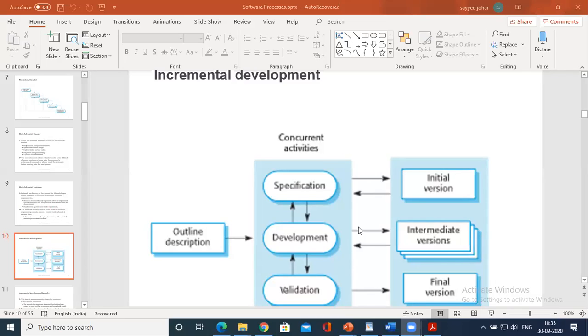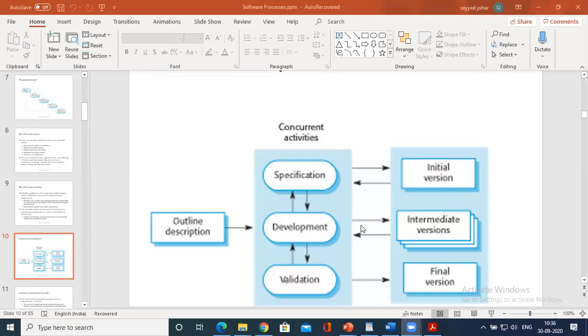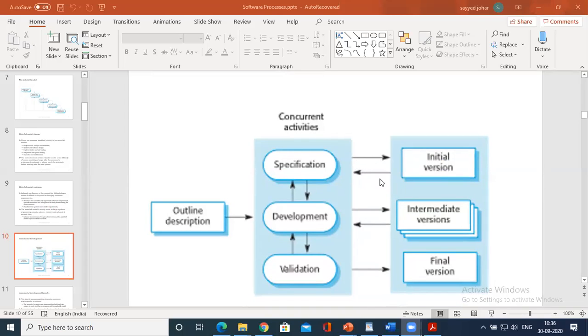So here the idea is to develop an initial implementation. You could see in the diagram now, specification, development, and validation activities are interleaved rather than separate, with rapid feedback across the activities.